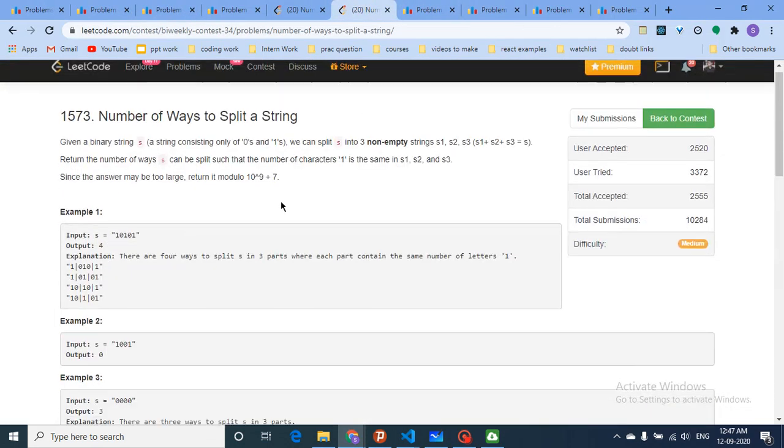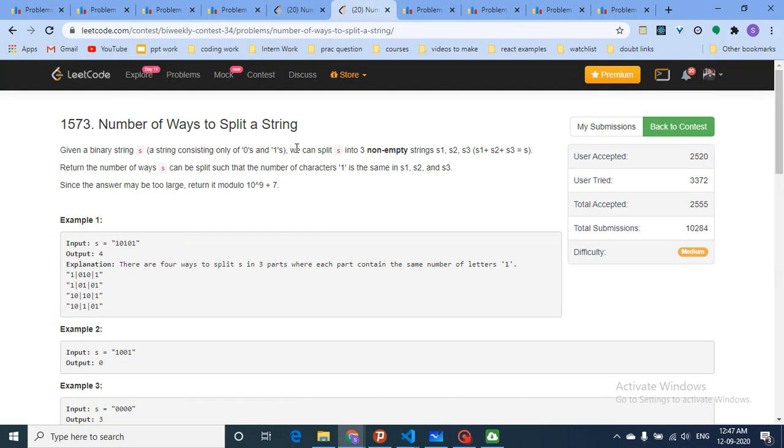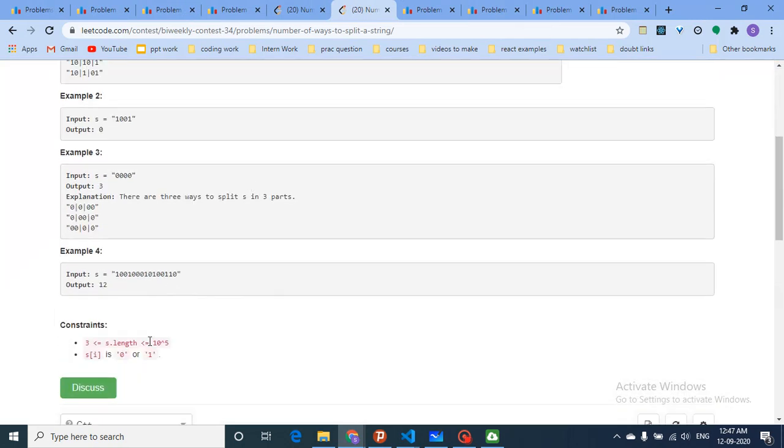Now in many of the string questions, you can easily see that the length is up to 10 to the power 5, which means that you have to do it in some O of n or O of n log n. You cannot do it in an n square operation, you cannot do it in a brute force way. So that's the thing you have to understand by looking at the constraints only.